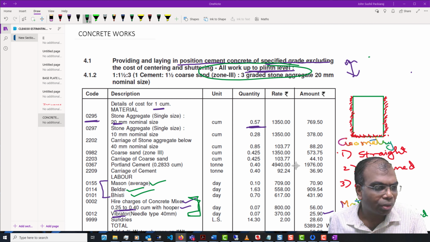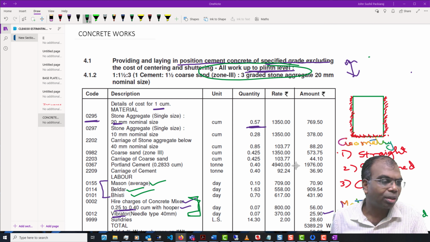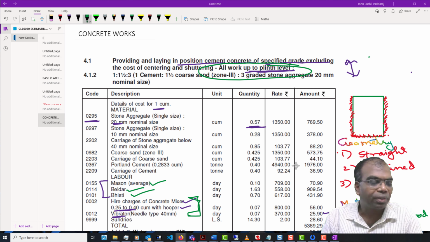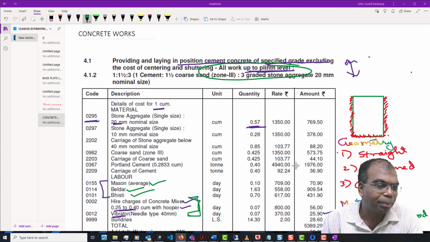When I'm looking at shuttering, I can have either wooden, aluminum or steel shutter. If I take plywood, I may not have much repetition. If I take steel shutter, maybe I can repeat it 40 times.